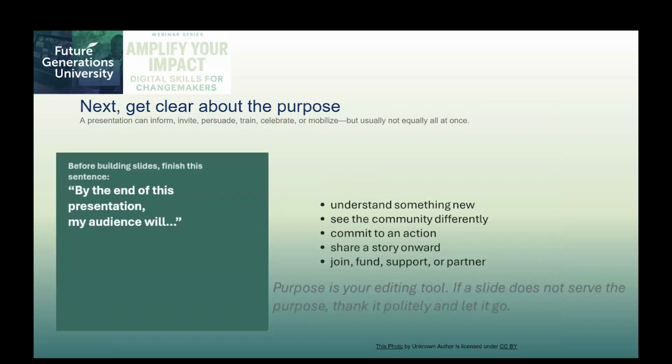So the way that really helps you to hone in on doing this with your presentation is to have a presentation that can inform, invite, train, celebrate, persuade, or mobilize, but you're not going to equally do that all at once. So you have to know, what is the purpose of your presentation? What are you wanting this to do for your audience? So before you're building out these slides, say to yourself, by the end of this presentation, my audience will be able to